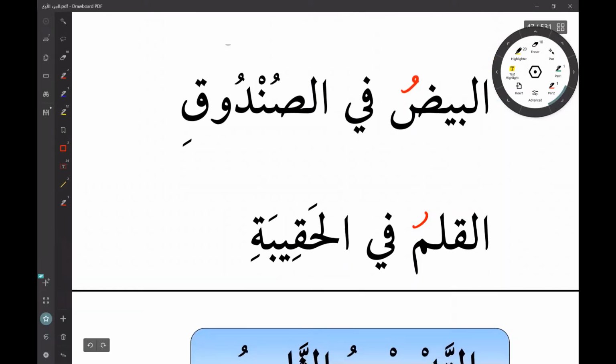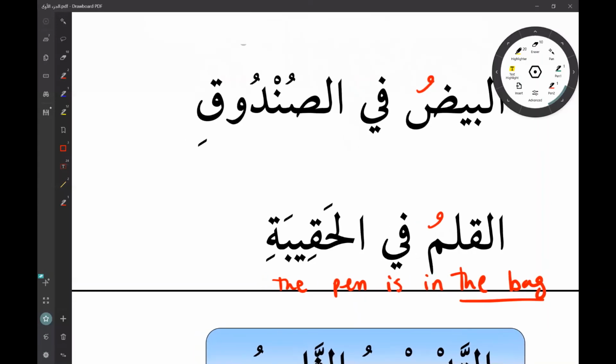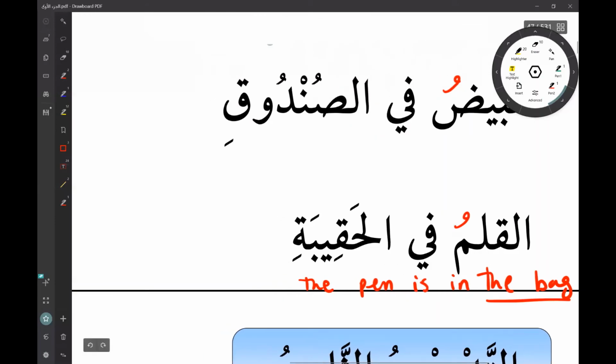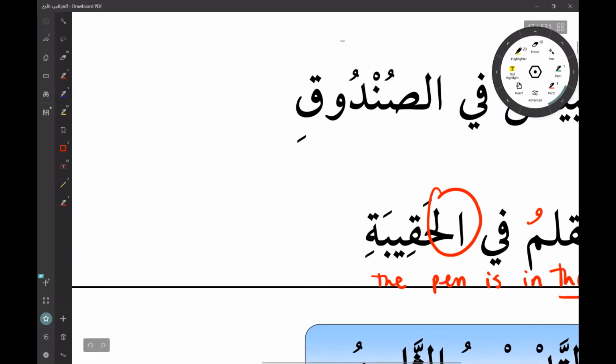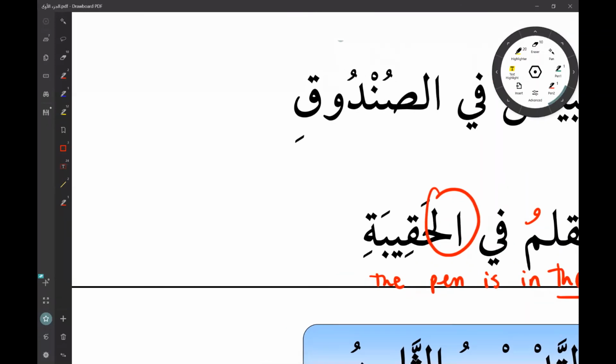Then we have Al-qalamu fil haqibati. The pen is in the bag. Let's see something here. The pen is in the bag. Okay. What if I want to say the pen is in a bag, any bag? Okay, here we have the bag, al-haqiba. So the only thing we have to do is remove the alif lam, right? So what happens if we remove the alif lam? So we have haqiba,